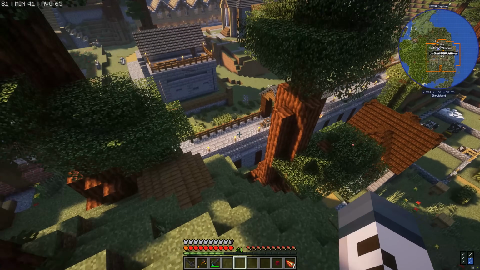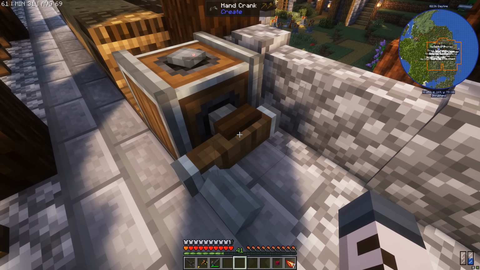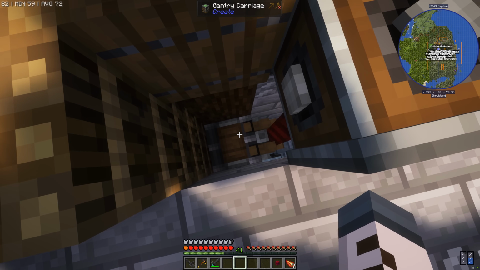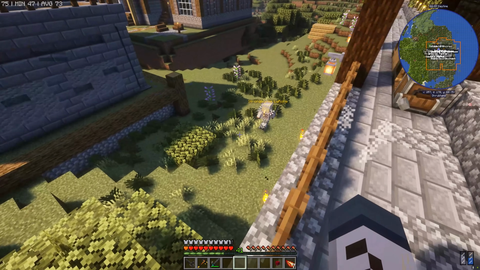Yeah, basically I wanted to add a gate here for a while, and I thought, you know what? Let's make it a Create gate. So I've got a winch here, a hand crank connected to a gearbox. This spruce trapdoor is here to hide the mechanism that is a gantry carriage and a gantry shaft. And basically this is a really cool way...